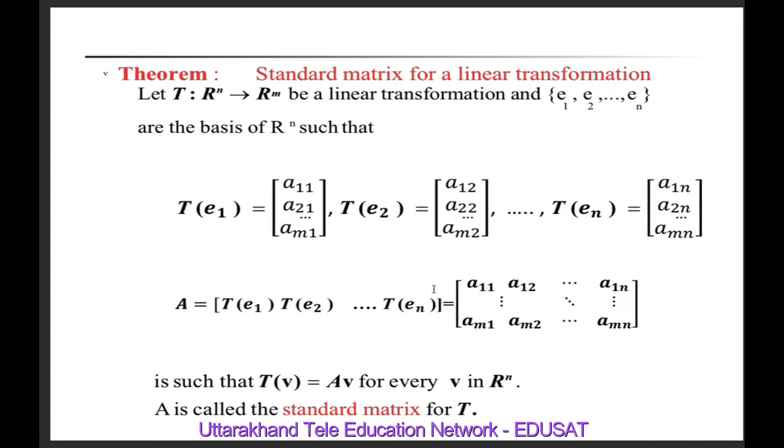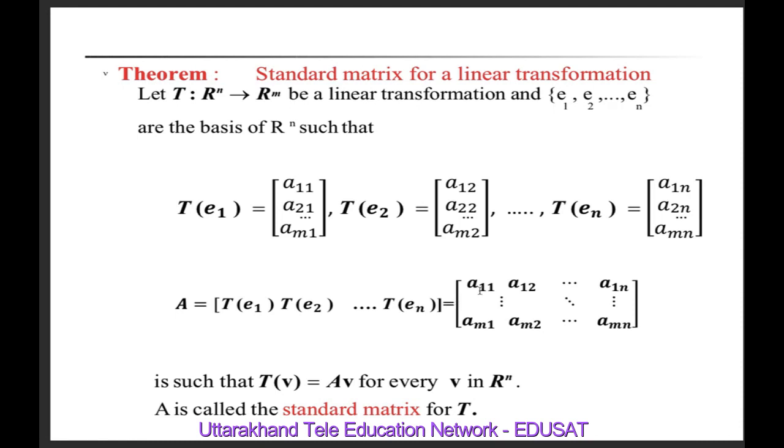If T is a linear transformation from n-dimensional real space to m-dimensional real space and E1, E2, ..., En are a basis for Rn, such that TE1 equals (A11, A21, ..., AM1), TE2 equals (A12, A22, ..., AM2), TEn equals (A1n, A2n, ..., AMN). Then the matrix A is equal to [TE1, TE2, ..., TEn],